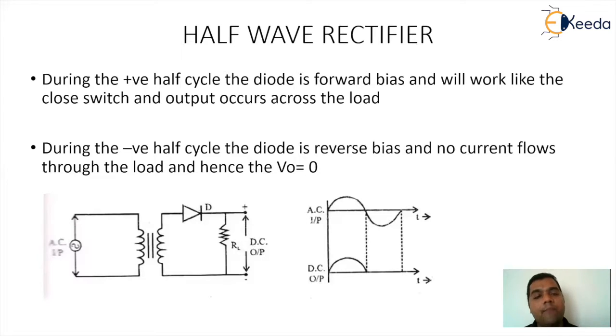So now what will happen? Here the circuitry is having two parts. The AC input is connected to a transformer. The transformer is connected to a diode and a load. The diode will work like a rectifier. The simple logic of the diode is basically operation as a switch. When the diode is forward biased, it will work like a closed switch, and under the closed switch effect, whatever is the voltage of the secondary will work as the output voltage. And in the negative half cycle, when the diode is reverse biased, automatically the output will go to zero.